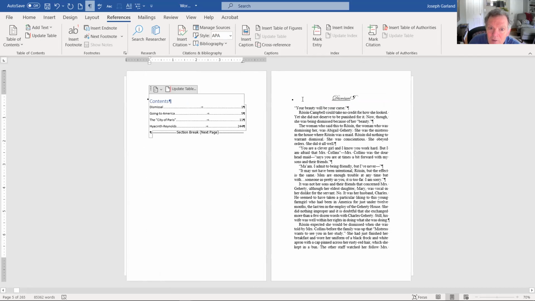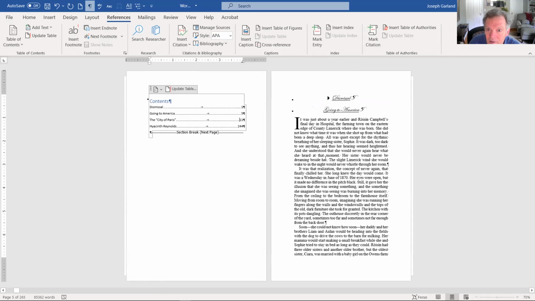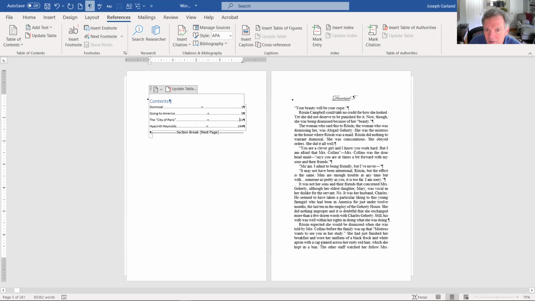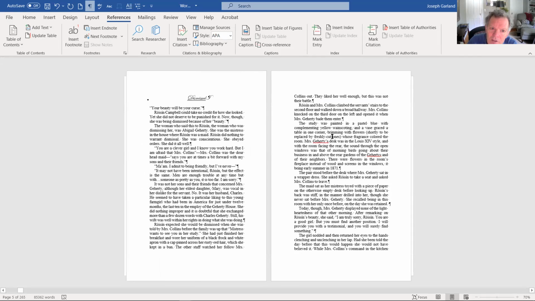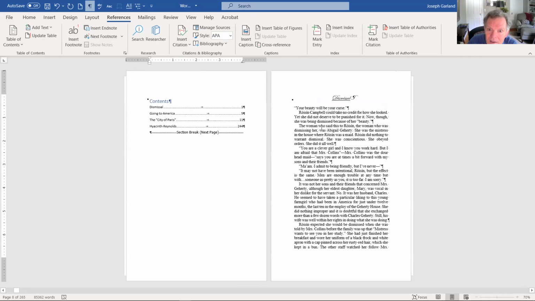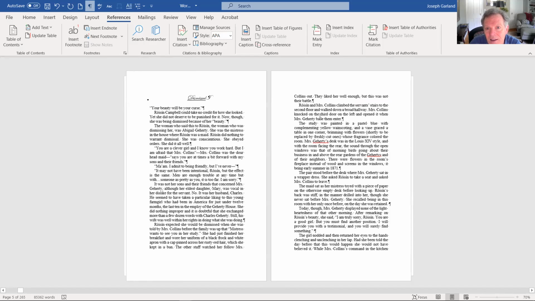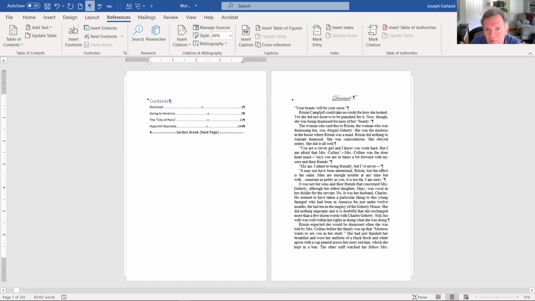So new. Okay, so I'm going to forget about all of this stuff before this new section. I learned that by mistake, by the way. If you hit that little button, it makes this disappear, so you can just look at all your chapter titles. I don't know how useful that is. Okay. Now, as I said when I was showing you a document, there are three things of significance: the first page of the chapter, even page and odd page. And I'm not even sure what is what here. So what I want to do here,